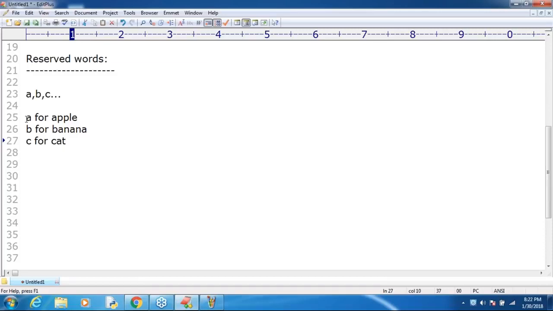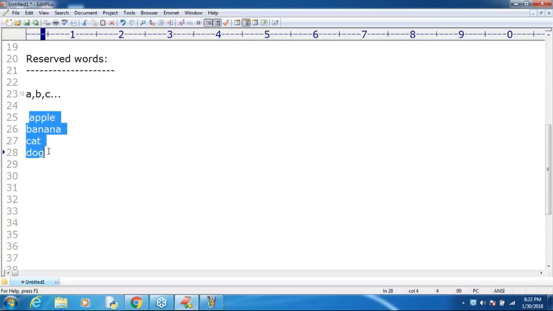Now after completing alphabet symbols, we learned some words in English: apple, banana, cat, dog. Do you know these words are reserved to represent some meaning or functionality?